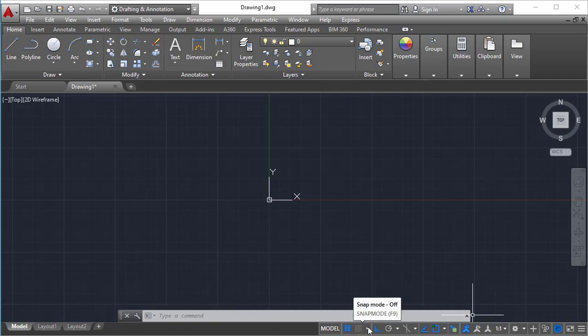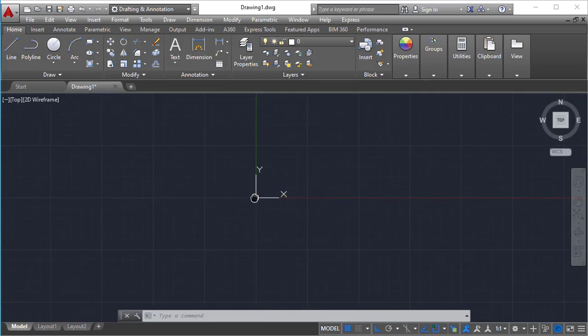Usually in AutoCAD we majorly use shortcuts. In the keyboard itself we can see 12 function keys, F1 to F12. Those function keys will be displayed over here. Either you can toggle by clicking here, or you can use the function key F10. Either you can toggle from there also. These are all places you need to remember in AutoCAD.